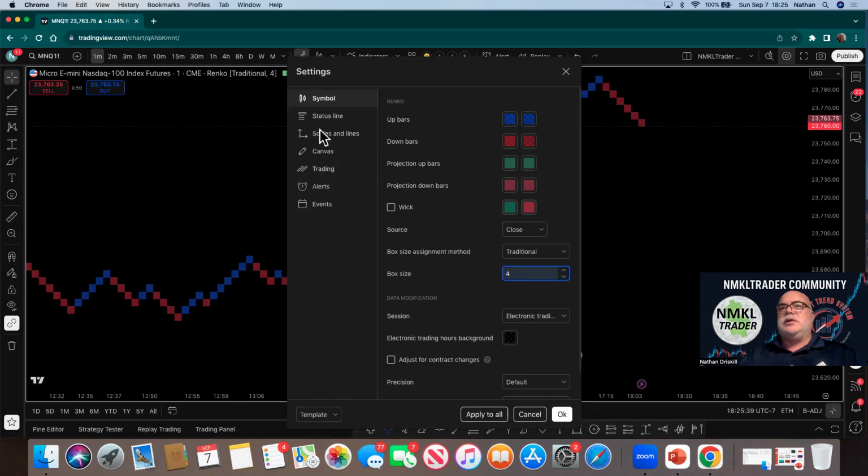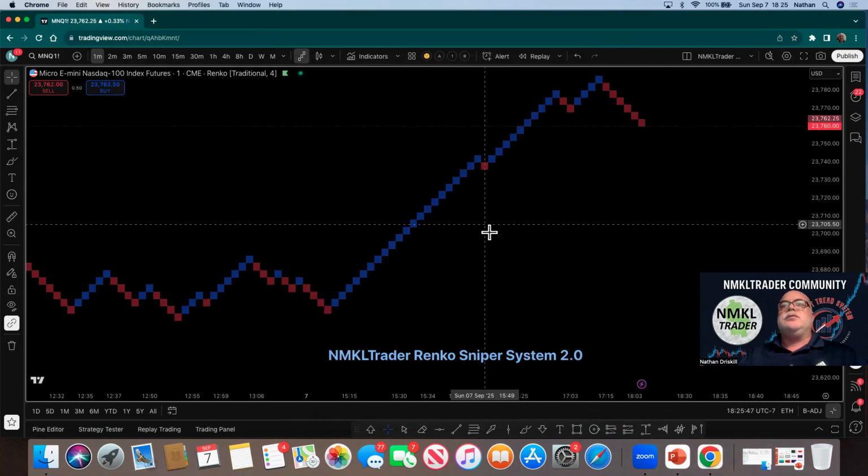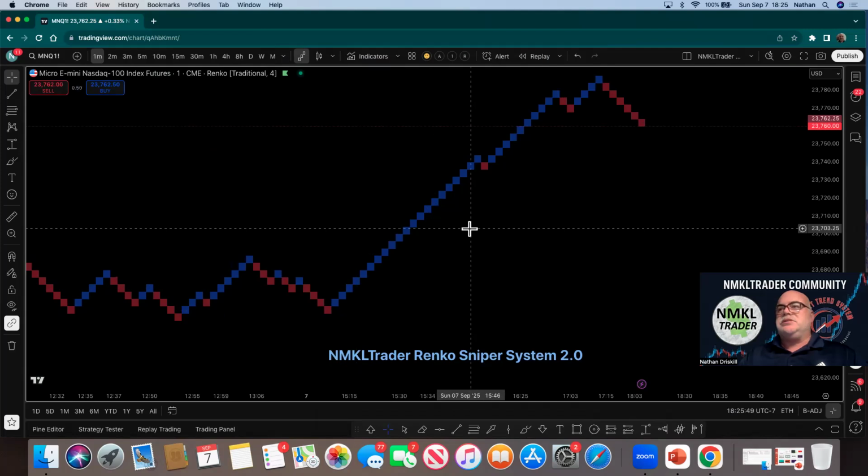Now, you don't really have to go through here and set this other stuff. I'm just sharing with you the color schemes that I like. Now, when you do that, your brick size should be similar to this. And you might have to scrunch it in a little bit or make it bigger just to where it's pleasable to the eyesight. Now, with this said, we have 3 different indicators that we're going to load from the